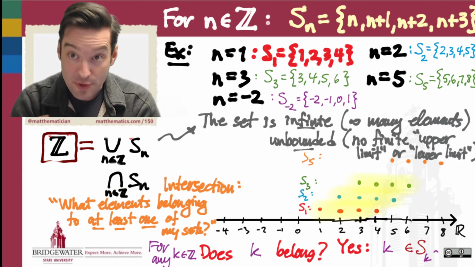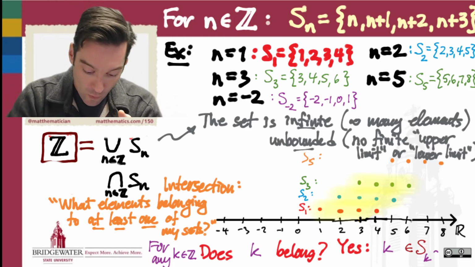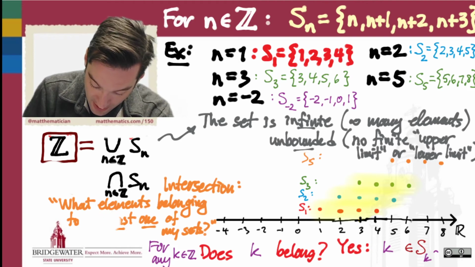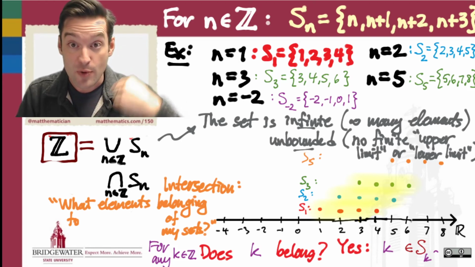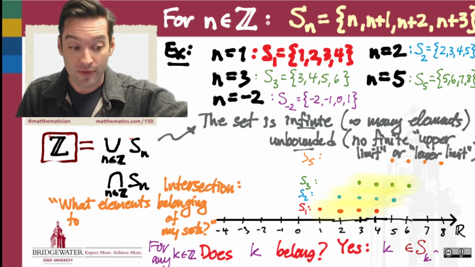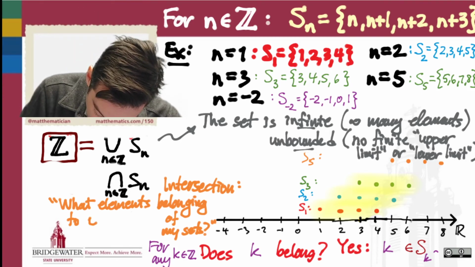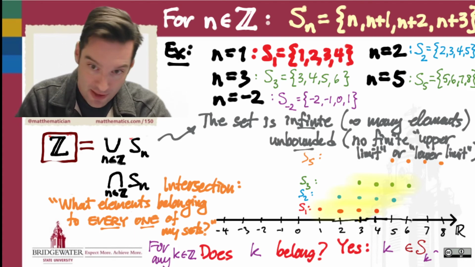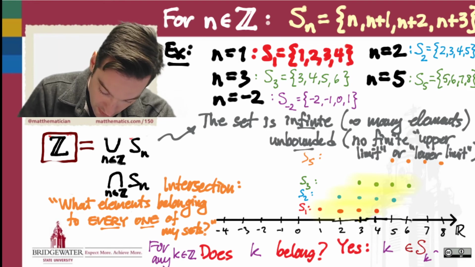To determine the intersection of an infinite collection of sets, we have to ask ourselves the other question, not what elements belong to at least one of the sets in the collection, but in order to belong to the intersection of infinitely many sets, I have to be an element that belongs to every single one of the sets in my collection. Are there any elements that belong to every one of my sets? Is there anything that all of my sets in my collection can agree upon? And so in our example,